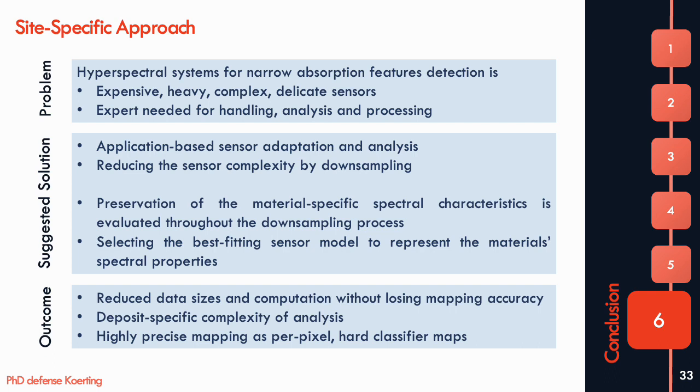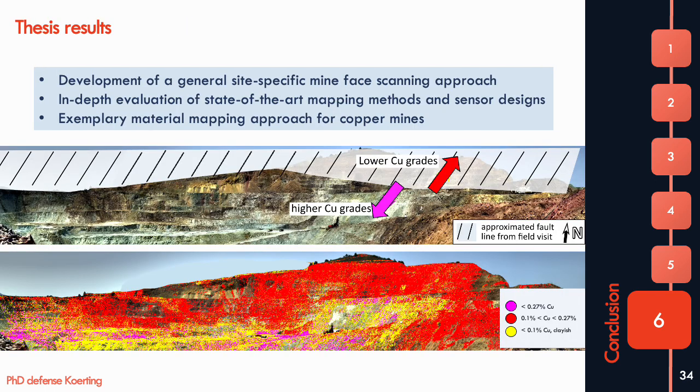The outcomes of this approach for my examples from the Apliki copper mine and the Three Hills deposit were a reduced data size and also computation time without losing mapping accuracy, the possibility of deposit-specific complexities of the analysis, and highly precise mapping presented here as per pixel hard classifier maps. To conclude, in my thesis, I developed a general site-specific mine phase mapping approach. I did an in-depth evaluation of state-of-the-art mapping methods and sensor designs, and I showed an exemplary material mapping approach